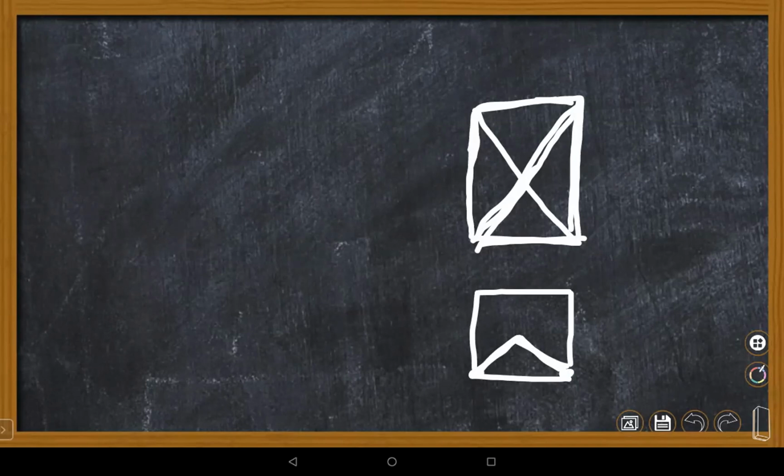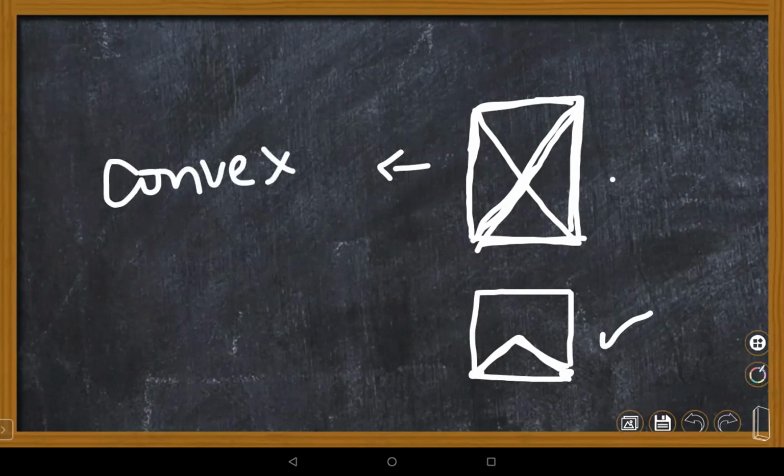So what is the difference between the first figure and the second figure here? In this figure we can draw diagonals outside. In the other, diagonals are only inside. So diagonals inside means we can call it a convex polygon, whereas diagonals outside means we can call it a concave polygon. This is the major difference between convex and concave. Now, why do I need to introduce this? What is tetrahedron?